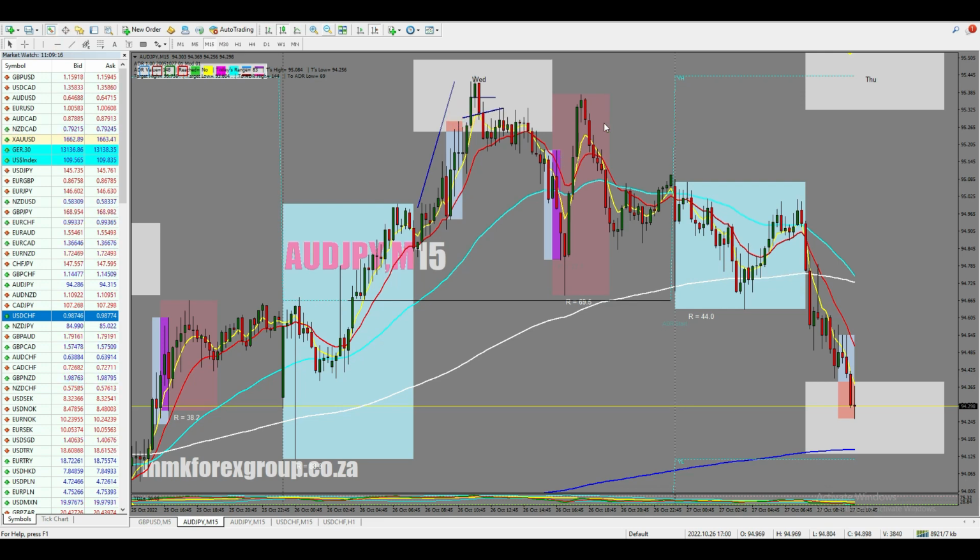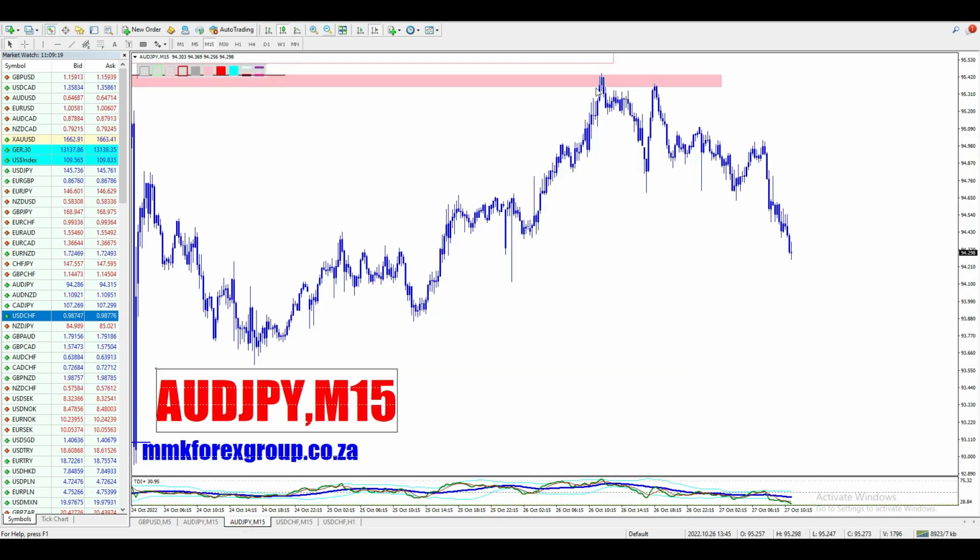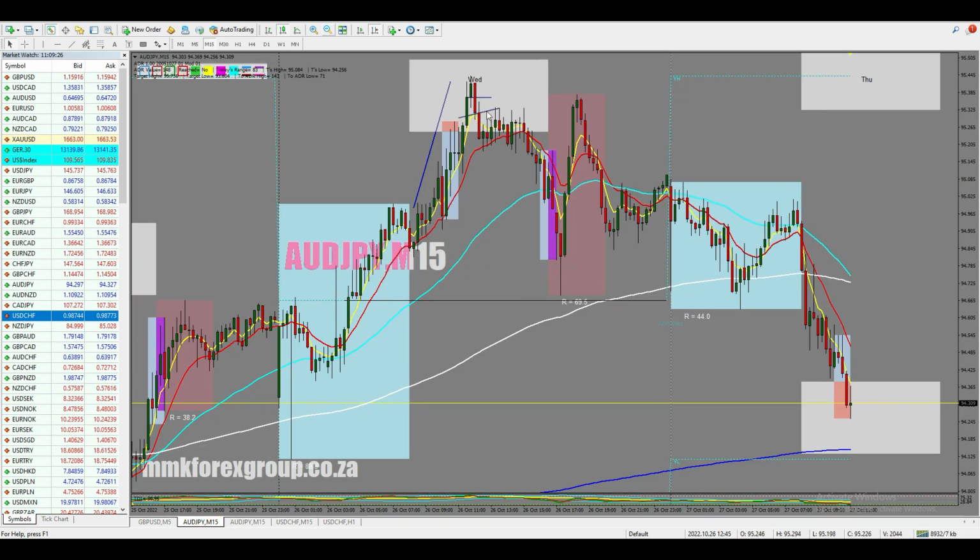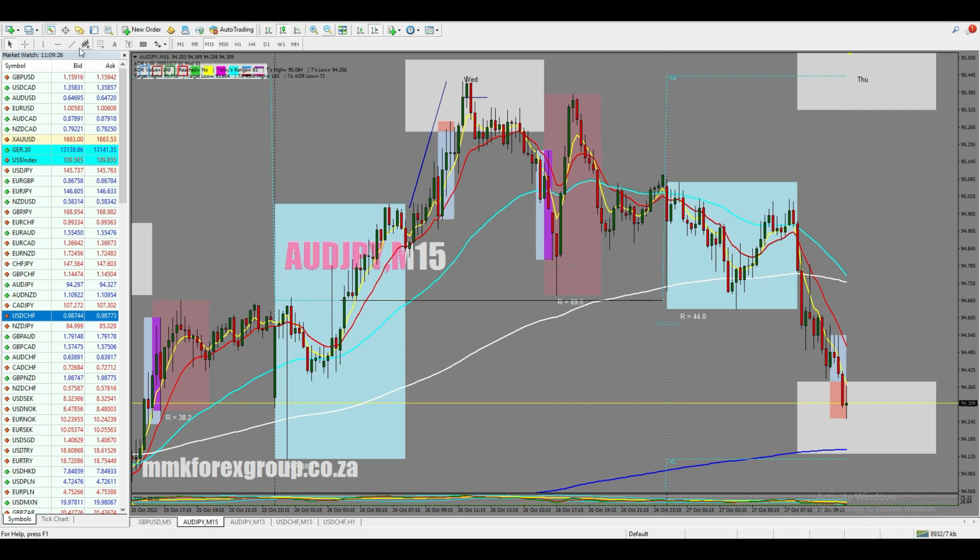After that, as you can see, you can actually execute just below that. If you look at this, this is actually a supply zone where price went to, so someone would actually execute that. But what I'm trying to show you is that it's better for you to see this. As you can see, price is moving up. We start seeing these breaks of structure, change of characters, and price actually moves back to the order block. After changing the character, price moves back to the order block,